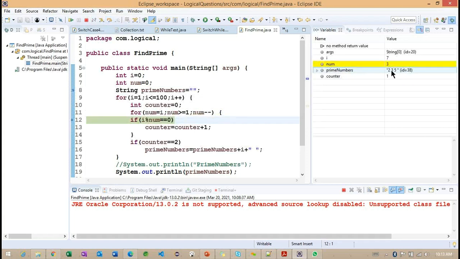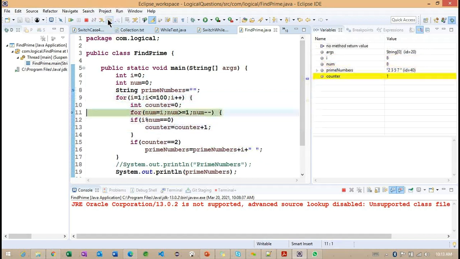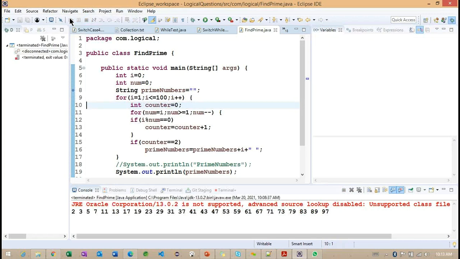So in the prime number section, we are having the variable, which are the I values of prime numbers. We are having the relation here. You can see that's an advantage here. So how many times the condition is returning 0? We are increasing the counter value. Based on that, we are getting the prime numbers here.